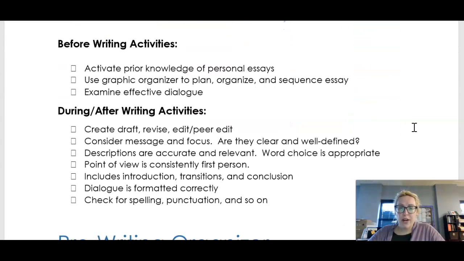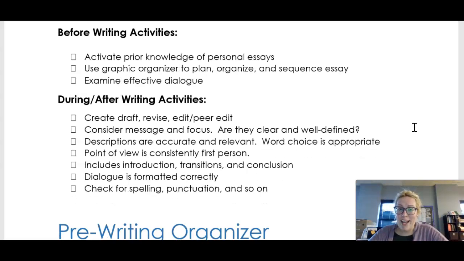Before you start writing, you're going to watch these videos. It's going to be really important, so make sure that you watch them. You're also going to probably want to use the graphic organizer that's included below to organize your thoughts and sequence your essay in an understandable way. You are going to get a bonus mark for completing the organizer. So you're going to get an extra mark for doing the organizer and handing that in.